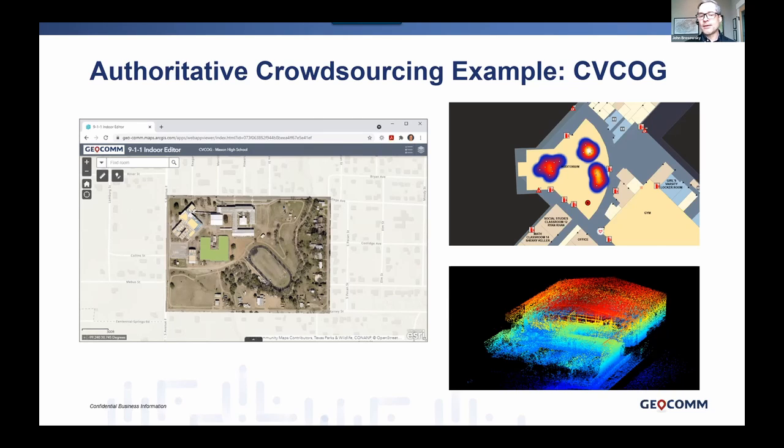So they had this idea: what if for some types of buildings, and they decided to start with schools, there was a curriculum for a high school science class or technology class where students could learn what GIS was, learn about editing GIS data and collecting GPS points, and all of the aspects of GIS and its capabilities. And then what if one of the activities of that curriculum was to create an indoor map of the school? And so we're doing a proof of concept there today with CVCOG and also Mason High School,